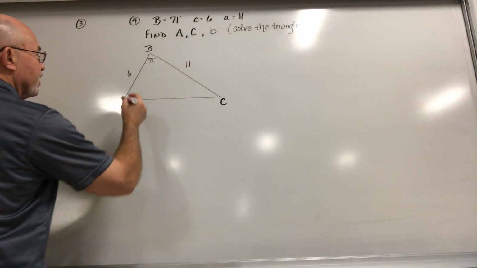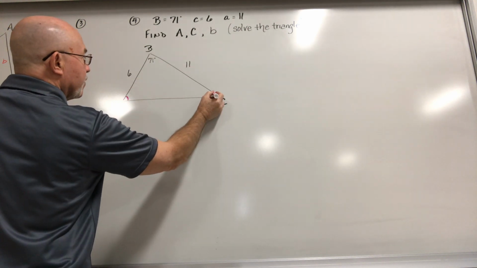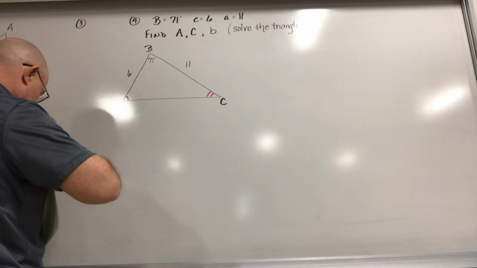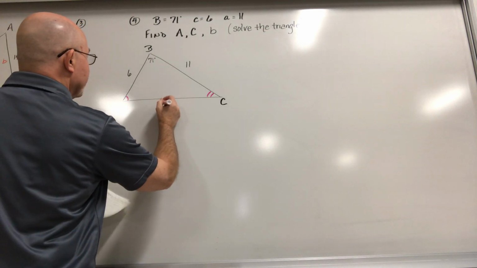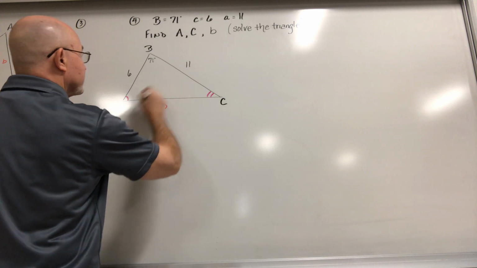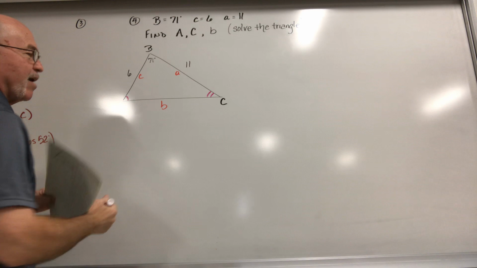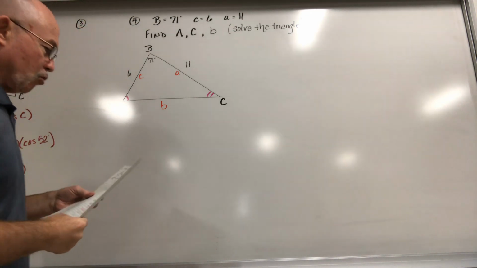We are going to eventually find angle A, angle C, and side B. We have A, we have C given to us. So our step one,